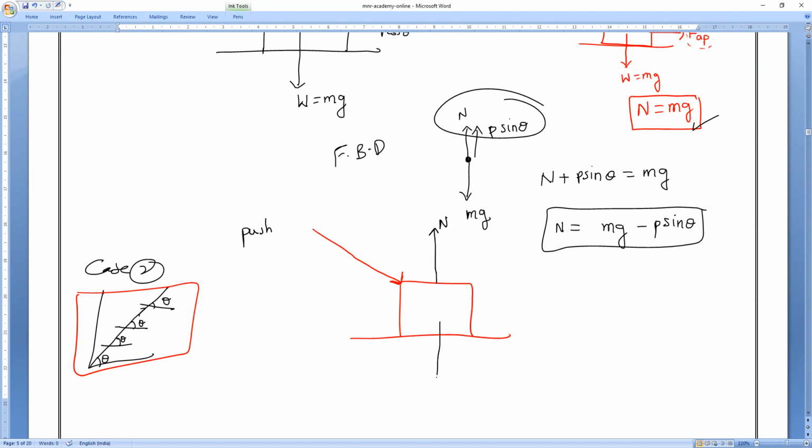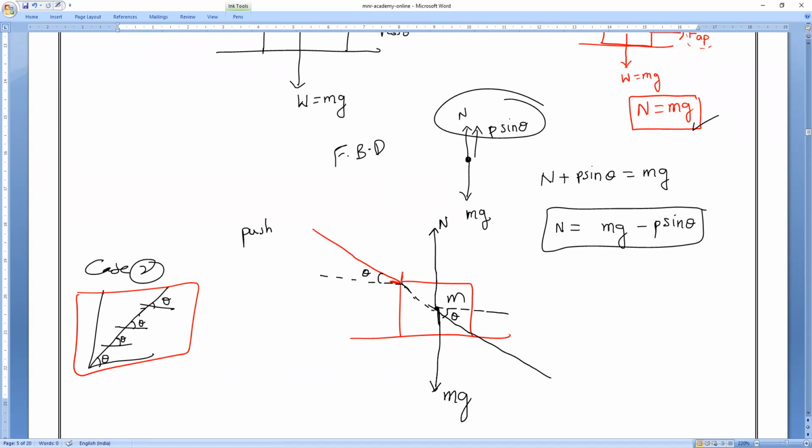N. And we always know that the weight of the object acts in which direction? Downward direction. Let me take it as mg. Now, if it is pushing, all of you observe, the force is applied in this direction. At everywhere, if you make an angle theta with the surface, at every point the angle is theta only. Am I right or wrong, guys?